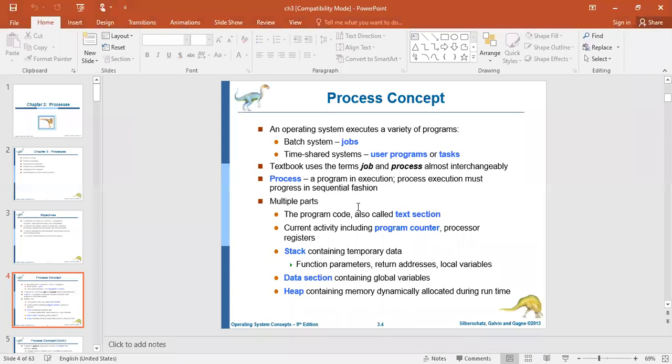As you all are aware, the operating system will treat the process differently depending on its type. For example, in the batch operating system, where we can submit a bunch of jobs together at a single time for execution, such an environment will call the process a job. That means the whole bunch of jobs.